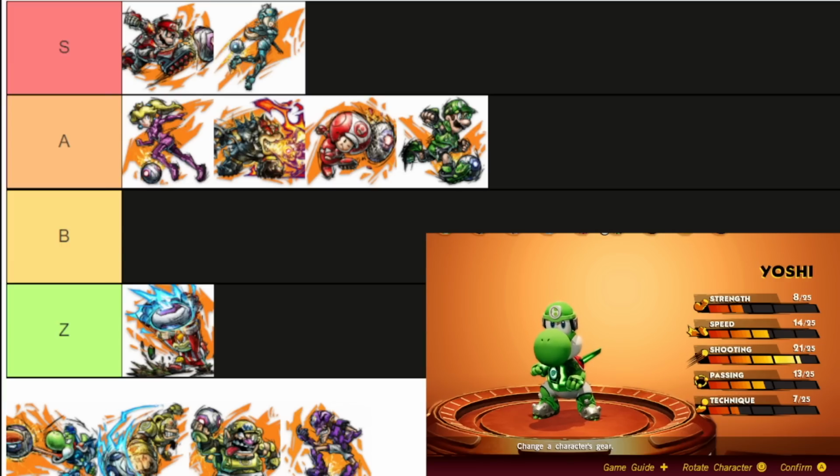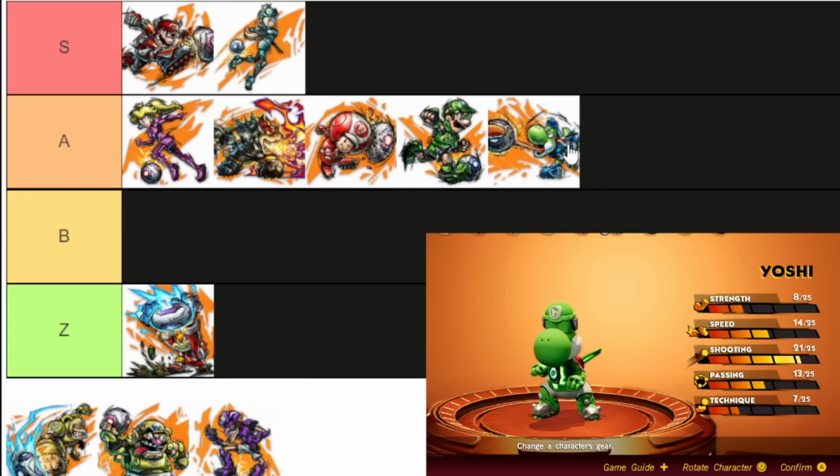Alright, it's time for Yoshi. Yoshi is a very, very difficult character to rank. I think he's somewhere around the B or A tier, but I'm going to be generous to Yoshi because I think it's a lot of fun to run an all Yoshi team. So, Yoshi is going to go in A tier behind Luigi. But Yoshi having high shooting and passing means that he can pass to himself and then shoot for a very high percentage of goals. I know Yoshi is a very good shooter, but I also think he only works well